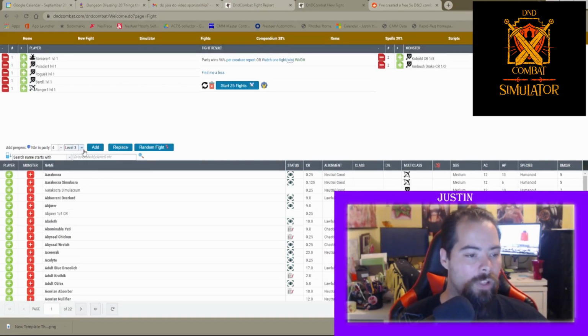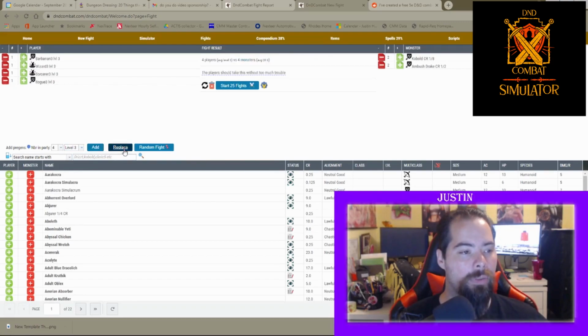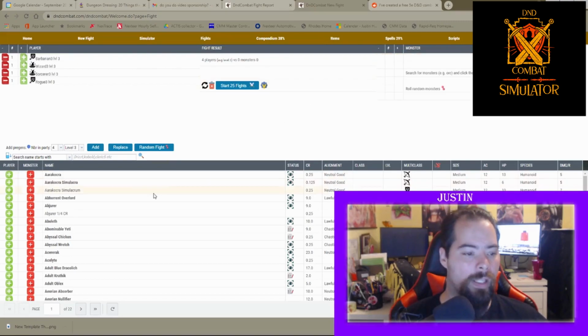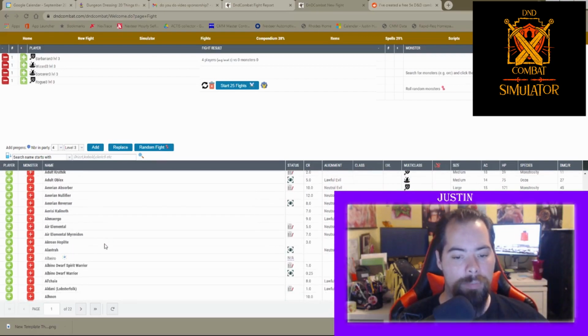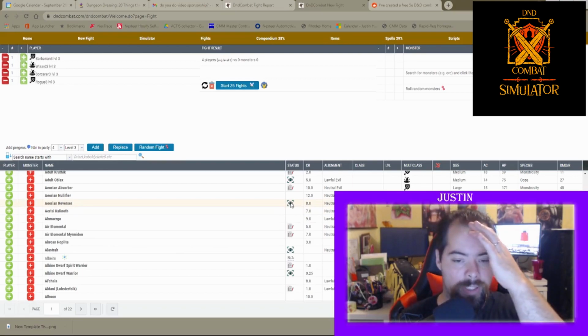use them. So let's take our party up to level 3 and change out some of our monsters here, and let's go something bigger, right? So we've got a lot of good options. I want to kind of go over the top. What happens, and this is where I want to show you the difference in action